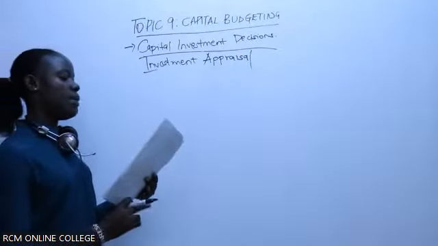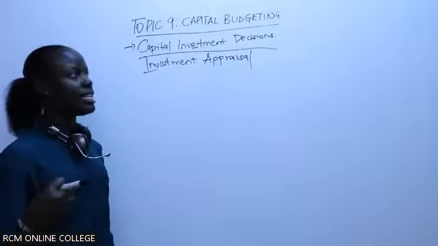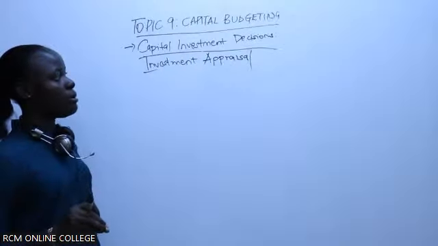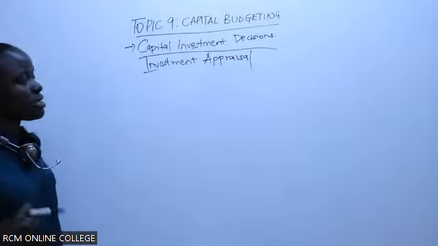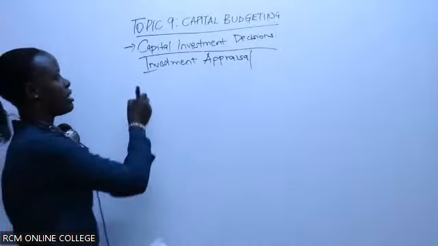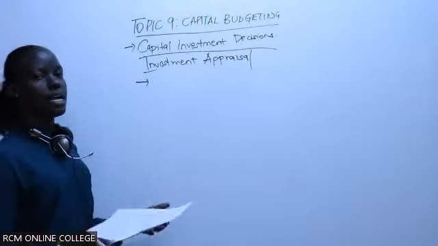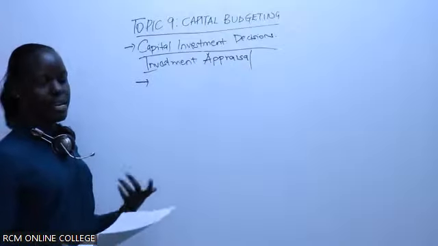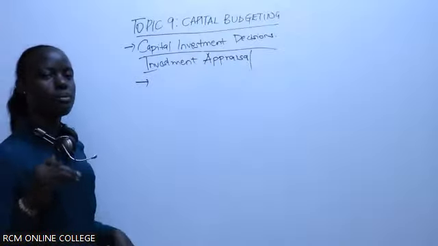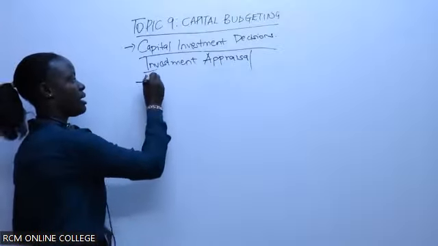To analyze, first of all, you plan, you evaluate and select the long-term investment project or expenditure that relates to the cash that you have, or the investment amount that you want to employ in the specific investment strategy that you want to focus on. So when you're asked what capital budgeting is, you can simply say that it's the process where you plan, evaluate and select the long-term investment project that is viable to the capital that you want to invest with. So it's the process of planning. This is where you plan.